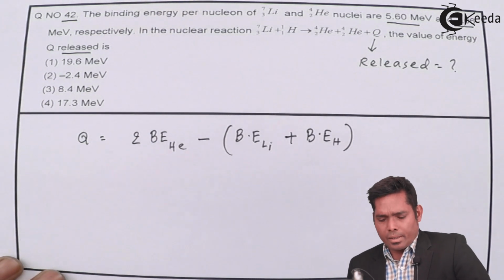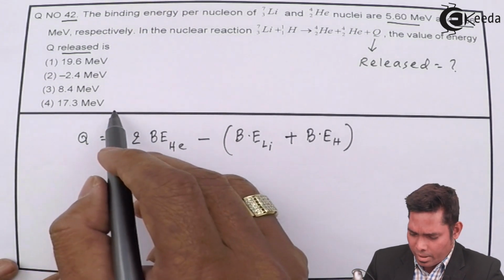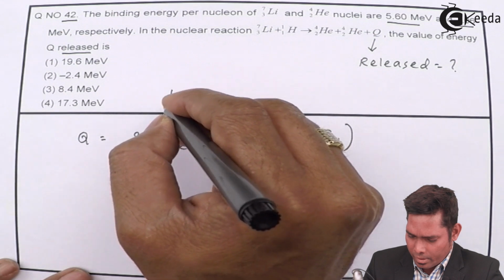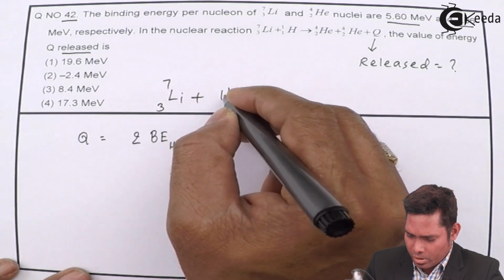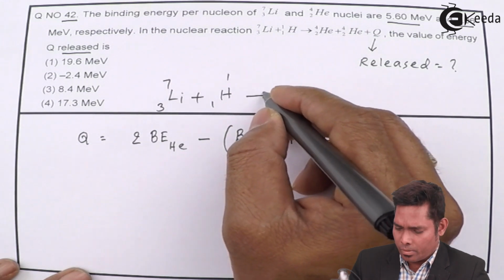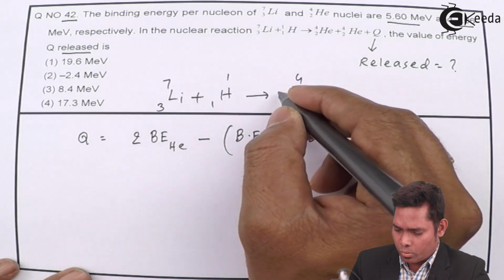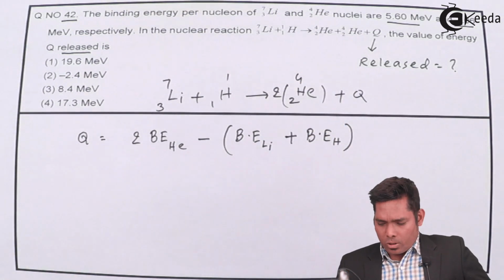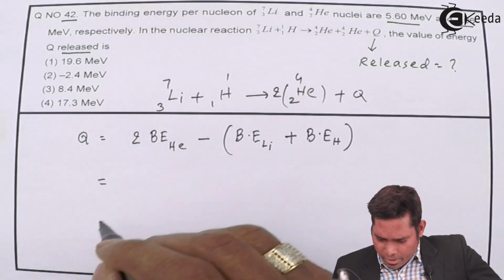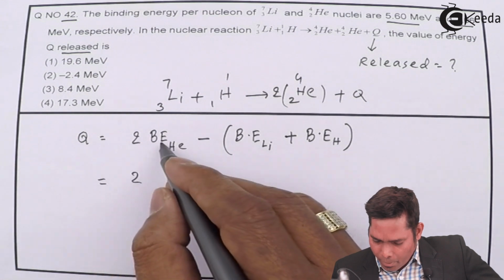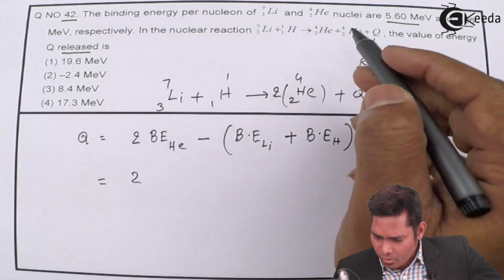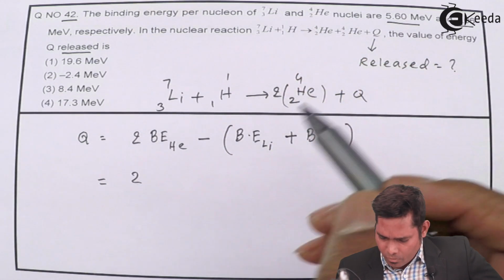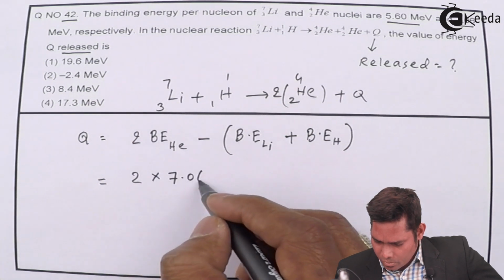The reaction I can write is Li 3,7 plus H 1,1 gives you helium 2,4, 2 times, and heat released. This can be obtained: energy released is 2 times binding energy of helium. The binding energy of helium is given as 7.06, so 2 times 7.06